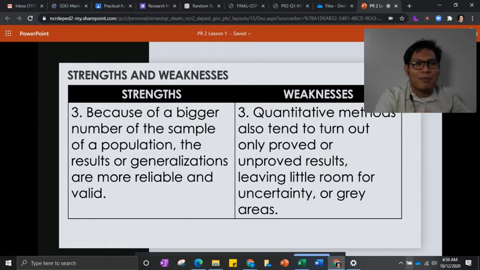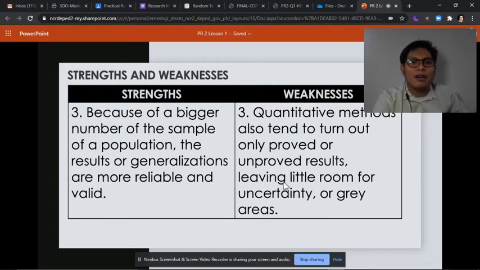Hindi ko to personal opinion, nabasa ko lang to. Bakit, ano, bakit 92%? Paano pinili yung respondents? Sino ba nagsagot ng mga yan? So, ganun yung nagiging gray area dahil nga yung qualitative research does not explain the reason behind the answers of the respondents, nagkakaroon siya ng gray area. Bakit? That's why we need to be reliable in getting your sample.